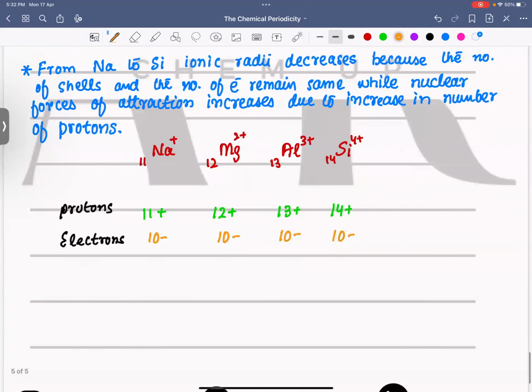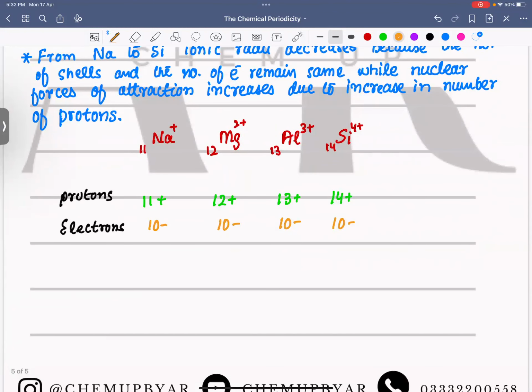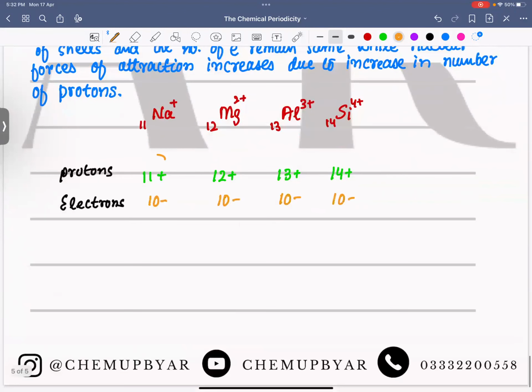Yes, Abdullah, are you saying something? No, sir. Anybody else was asking something? Okay. So see, in each case, from sodium to magnesium, the number of